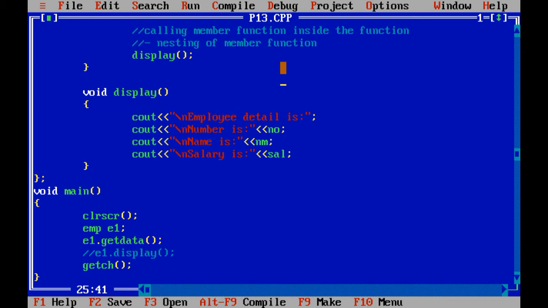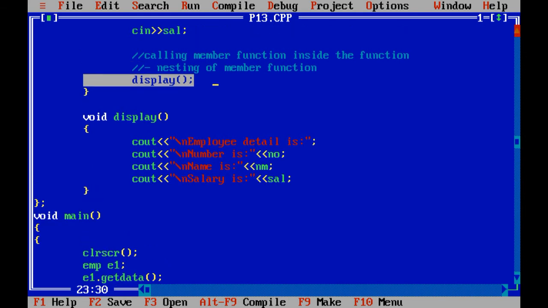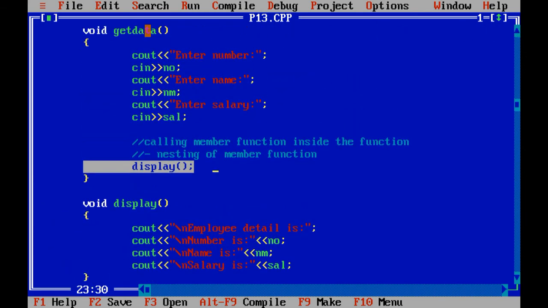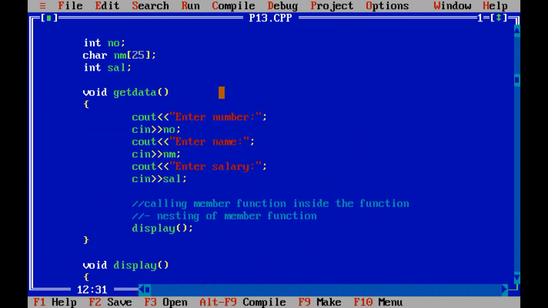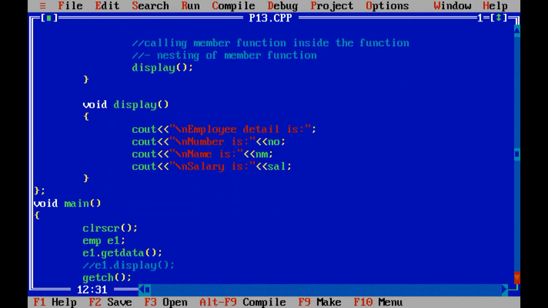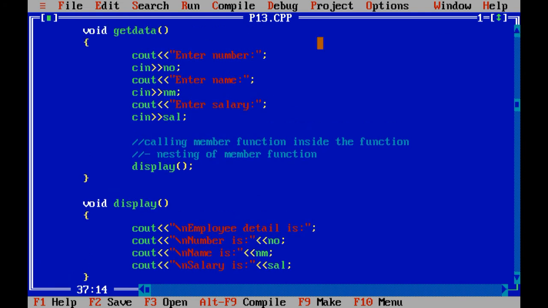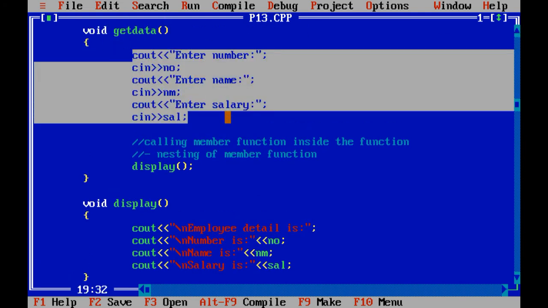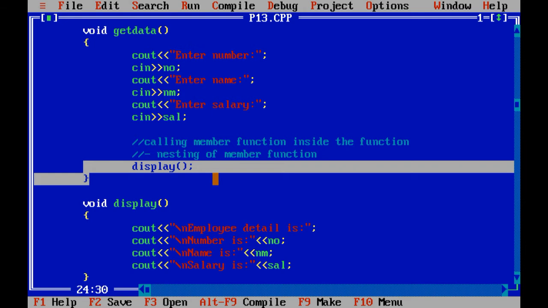At that time such a thing is possible. You just need to call that function by its name. So I am calling the display function when I call the get data over here. So when I call get data from the void main, at that time it will go into the get data, it opens the curly bracket, and it will ask for 3 values to enter from the keyboard. After that it will call the display function.